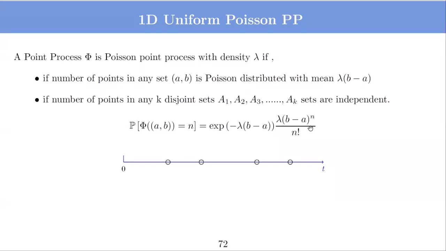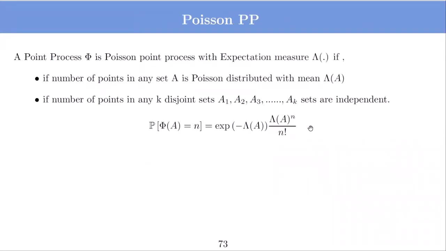Similarly, if you take 3 or 4 disjoint sets, the number of points in these sets are also independent. So Poisson has this very nice property that two disjoint sets are independent of each other. The number of points in these sets are independent, and then the distribution is also independent. So I can extend it for a general case